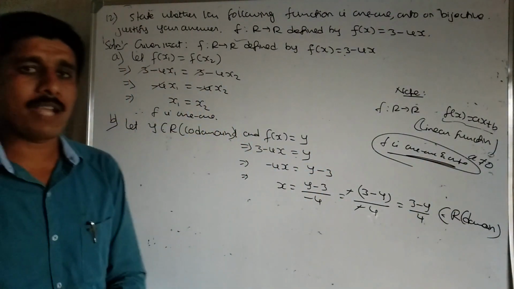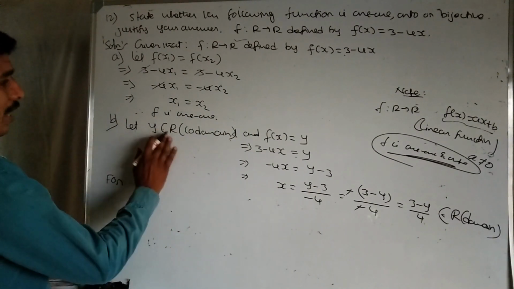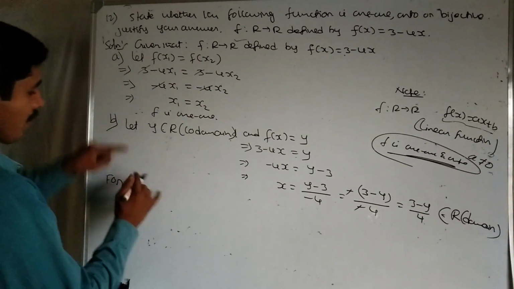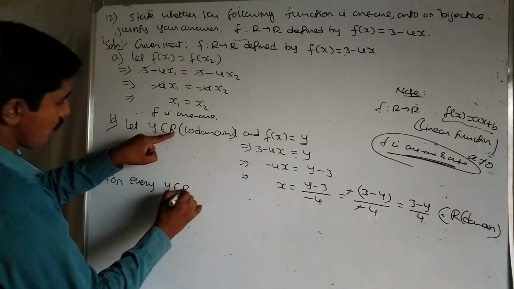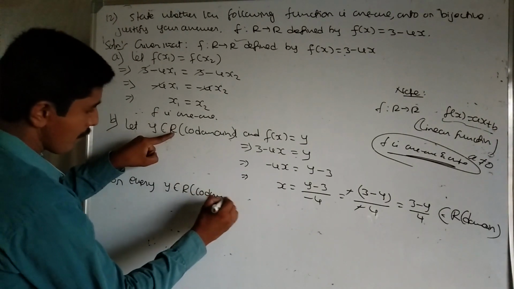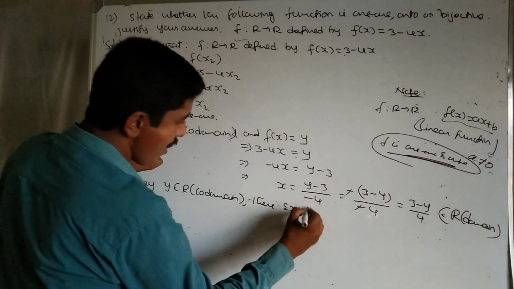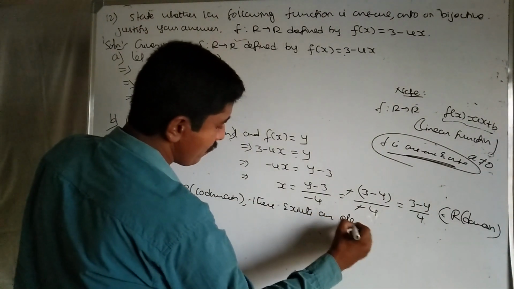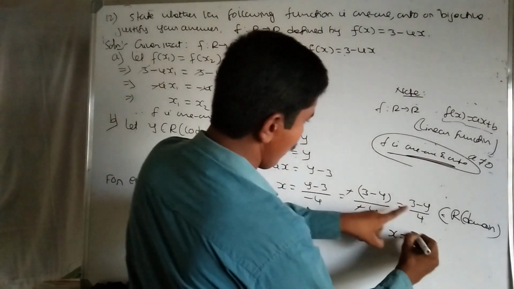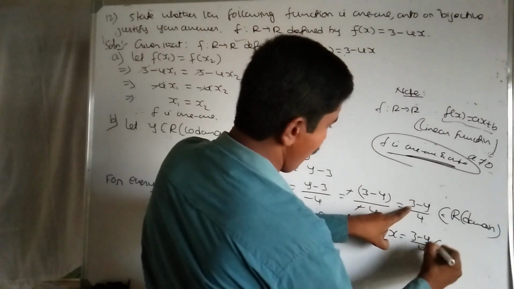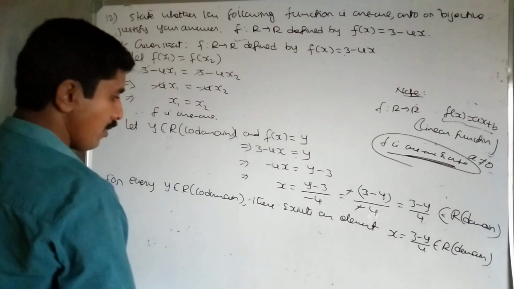So now the final statement, because we are proving it is onto: for every element of the codomain, for every y belongs to the codomain, there exists an element, the x value, x equal to (3 minus y) divided by 4, which belongs to our domain, such that